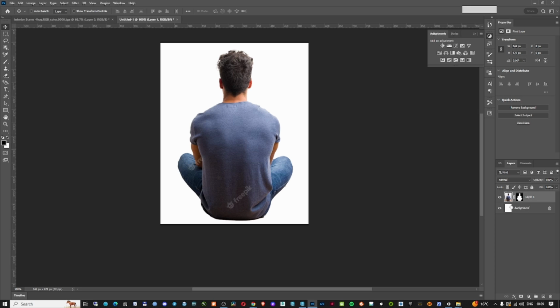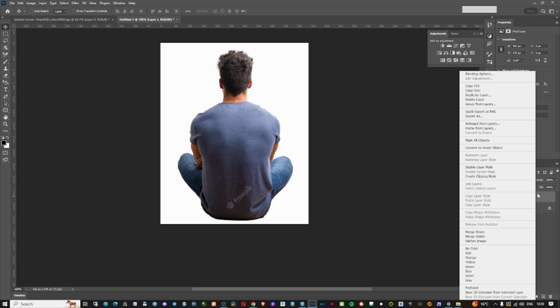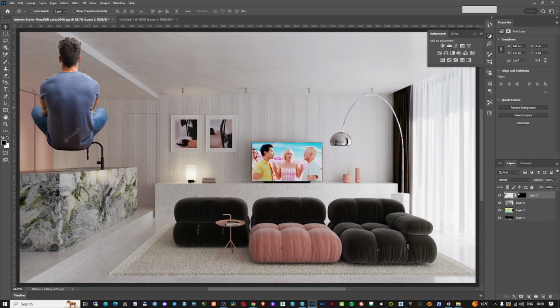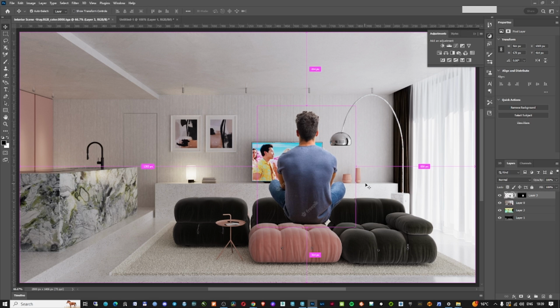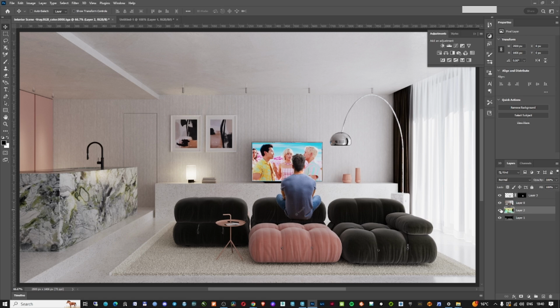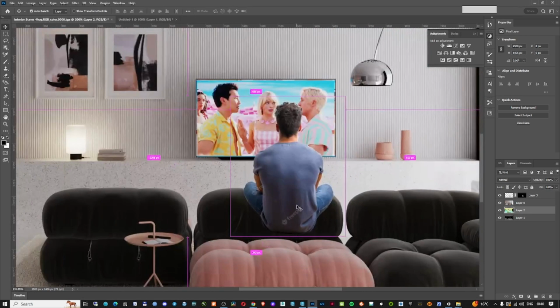render. So to do that, I'm just going to go duplicate layer and go to my interior scene Vray, and I have it in here, as you can see. And now I just need to add this guy into my render. I'm just going to stretch, and to make the cut here, so he's behind this because he's sitting on the sofa on the other side,